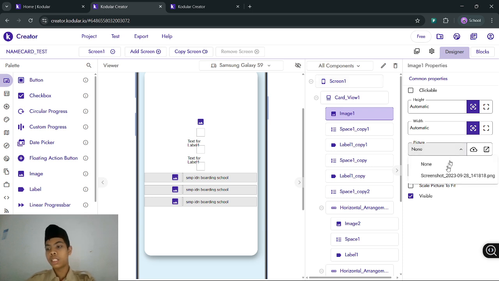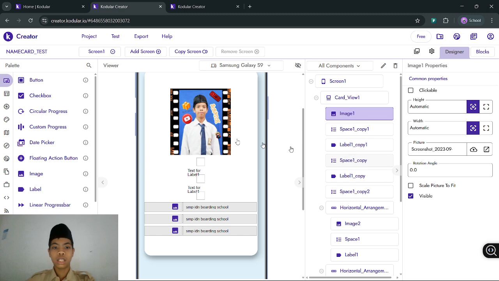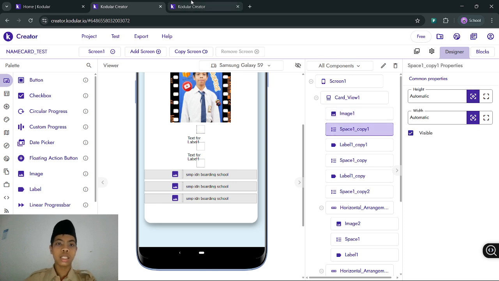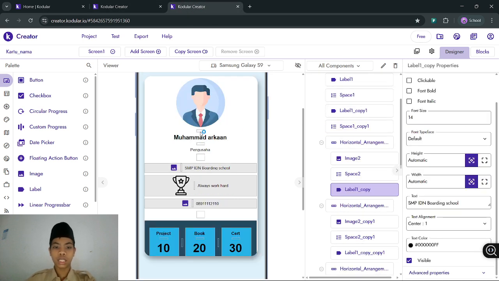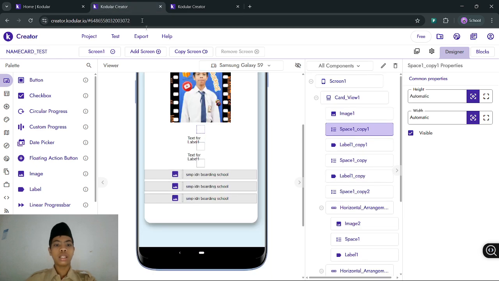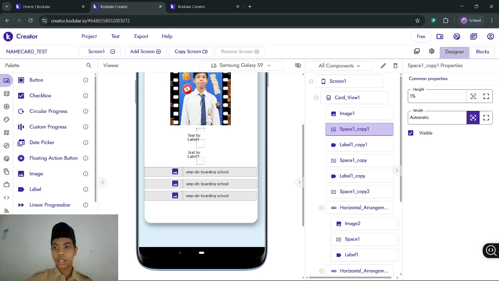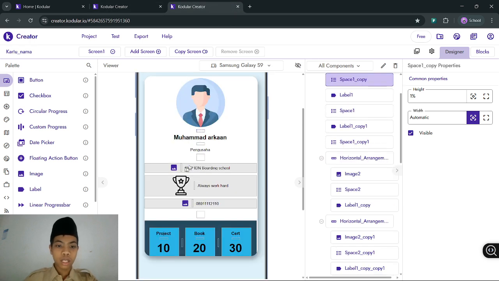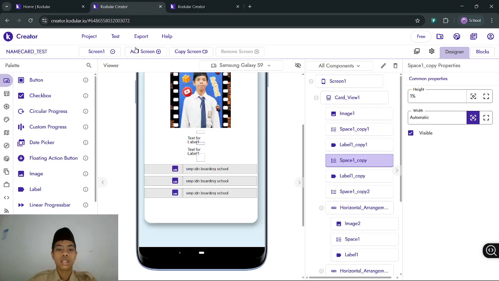You click the picture and then click here, then it's going to show in here. And then the space in here has height 1%, and down here also 1%. So it's all the same like this.